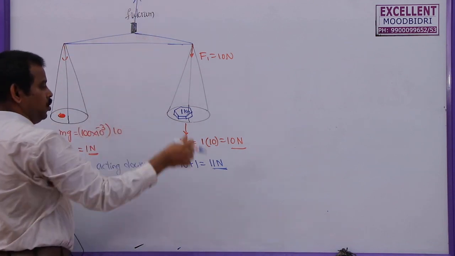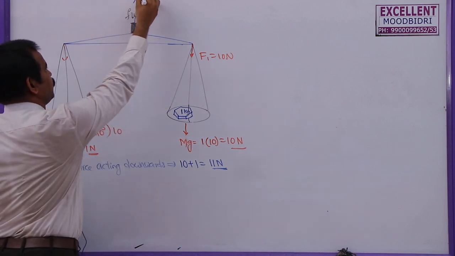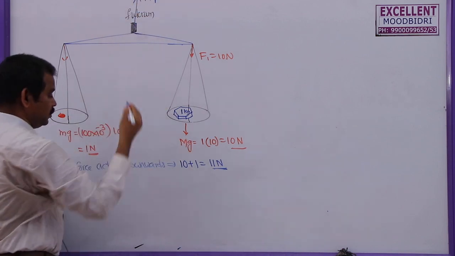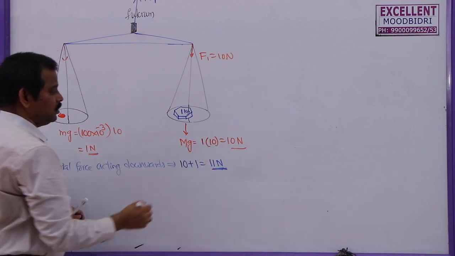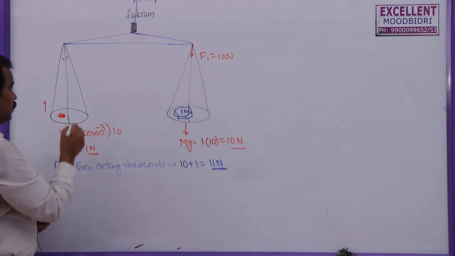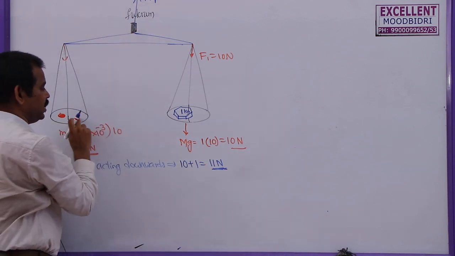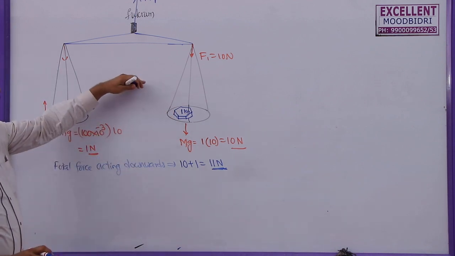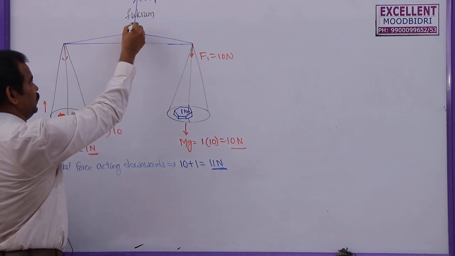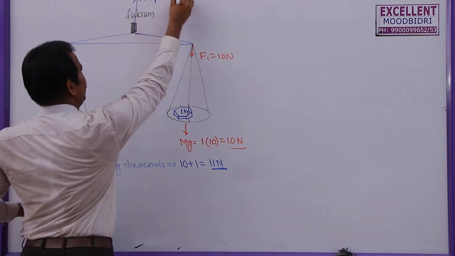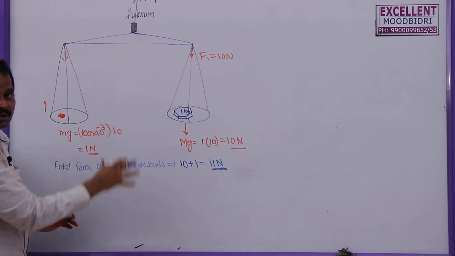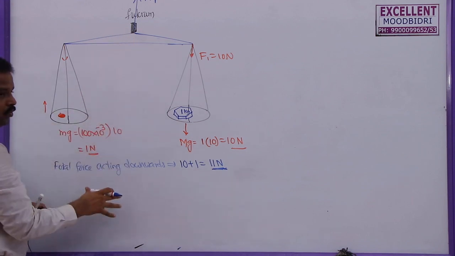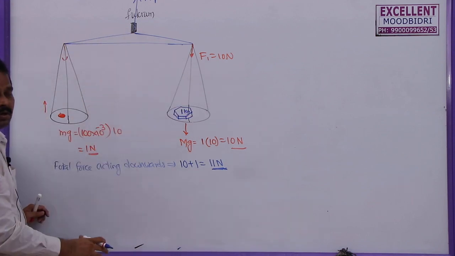So he has to hold it like this. He is applying force in the upward direction. That must be equal to 11 Newtons to keep it in equilibrium. If the applied force upwards is exactly equal to the weight downwards, then this is said to be in translatory equilibrium. Let us say if the applied force is only 8 Newtons, as the downward force is more, then the balance will move downwards. The entire system will move downwards here.